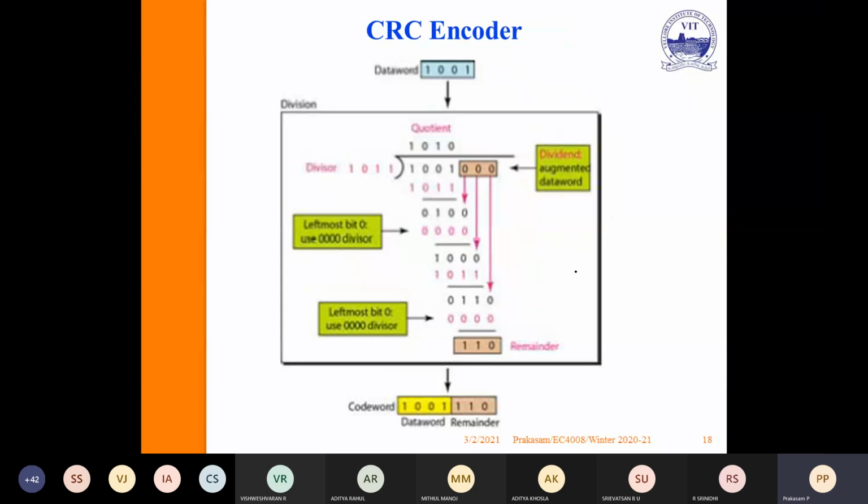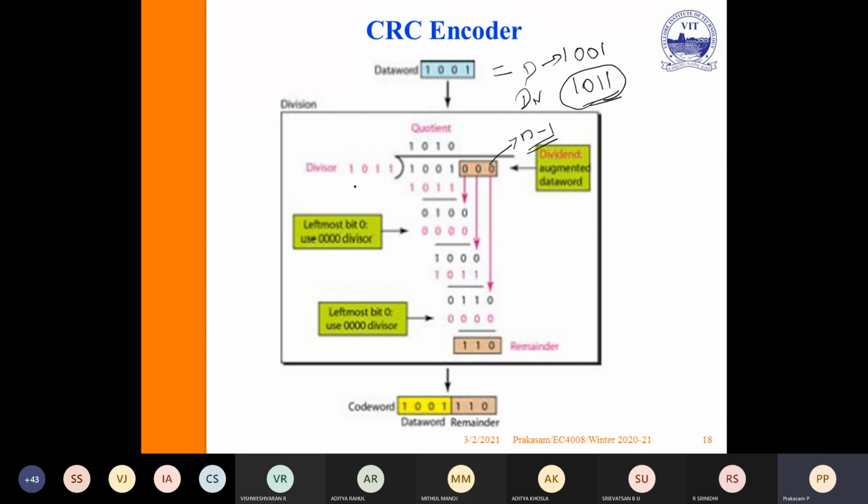So we will see one small problem, an example. This is the data, and this is the divisor. So 1, 0, 0, 1 is the data. Divisor is 1, 0, 1, 1. Along with the data, kindly affix n minus 1 bits as the augmented data word, compared with the divisor.